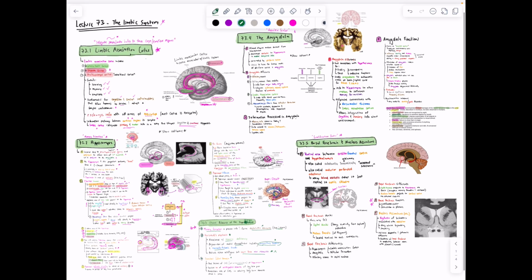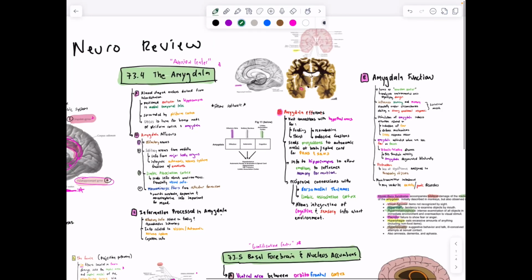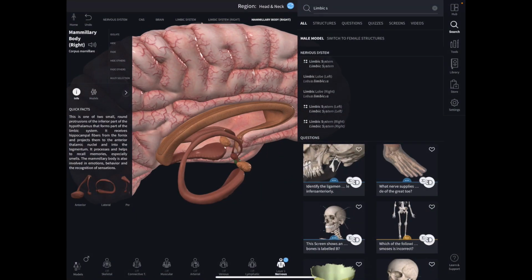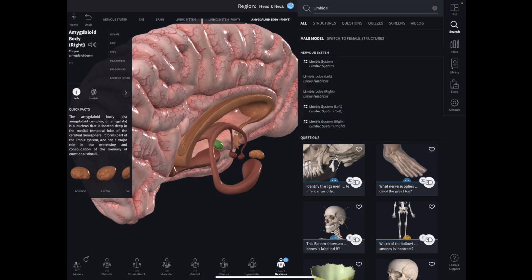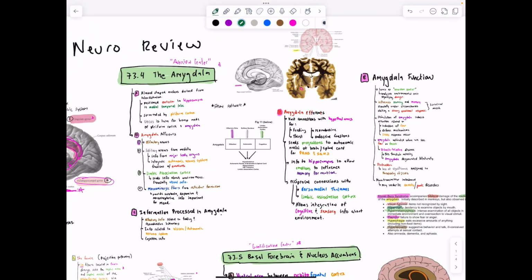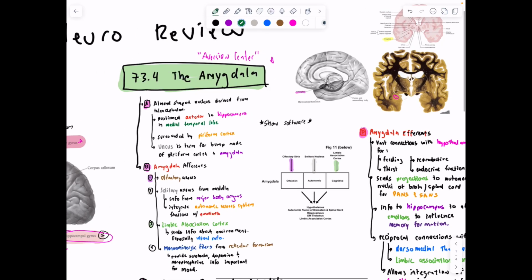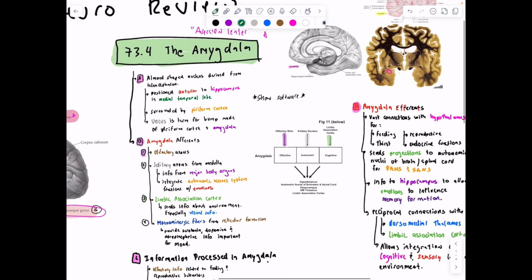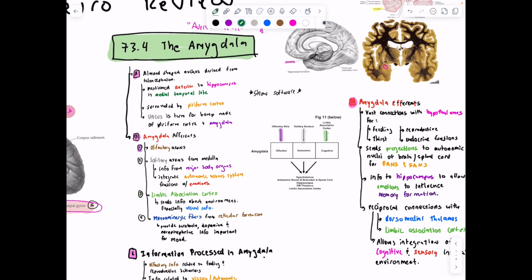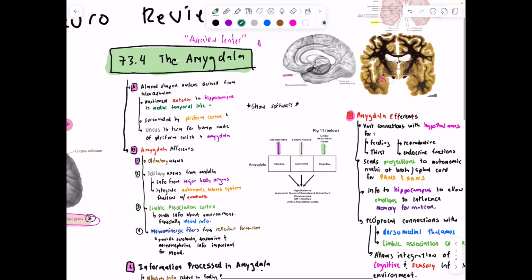All right, so next up was the amygdala, and just a reminder, the amygdala was these little guys right here, and they're embedded in cortex. So the amygdala is also called the aversion center. It's derived from telencephalon, so back to some embryology, and it's positioned anterior to the hippocampus, inside of the medial temporal lobe. The cortex that it's surrounded by is called piriform cortex, but the amygdala is right in front of